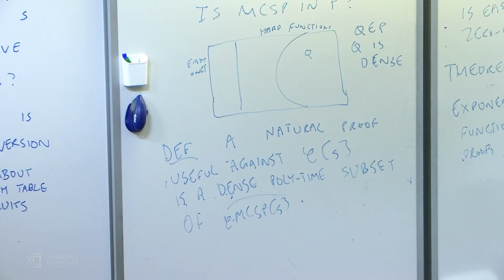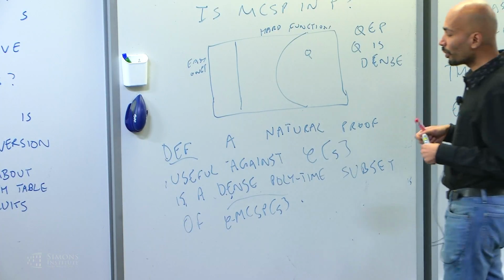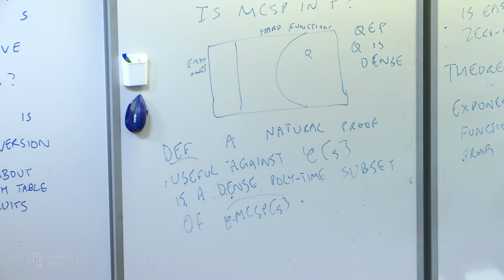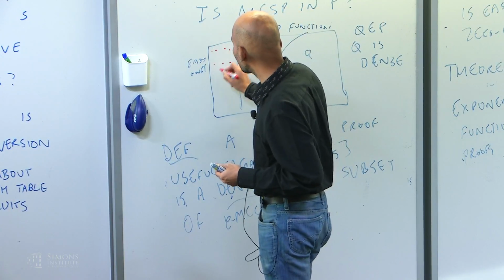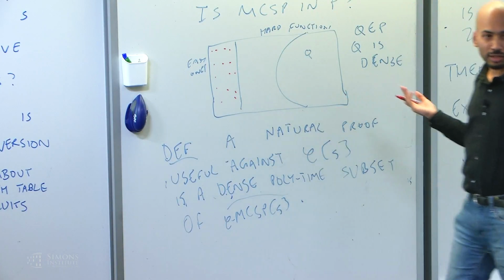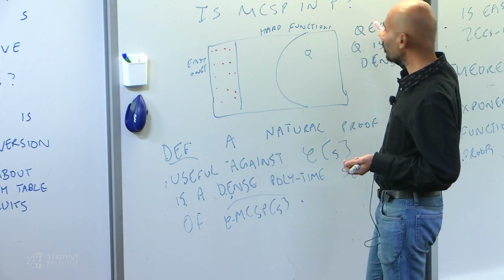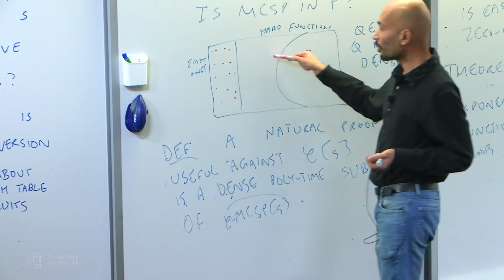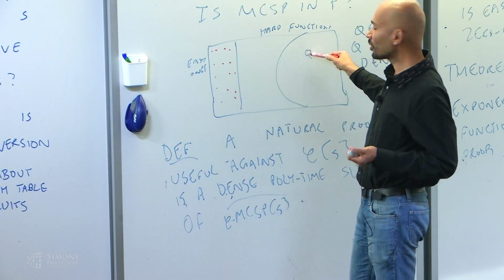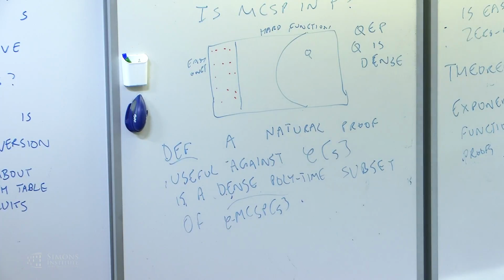It's well known that based on exponentially hard one-way functions, you can construct pseudorandom function generators, which are a family of pseudorandom functions where each function has small circuit complexity, but no efficient test can distinguish such functions from random ones, right? So let's just take such a family of pseudorandom functions. They're all in this easy set, right? Because each of these pseudorandom functions has small circuit complexity. But if you have a natural proof, then because the natural proof is in polynomial time, that's an efficient test which distinguishes random functions from pseudorandom ones, right? Pseudorandom ones, none of them is in Q, and random ones, a significant fraction of them is in Q. So under this assumption, you have that there are no natural proofs. So it's very straightforward once you have the required machinery.